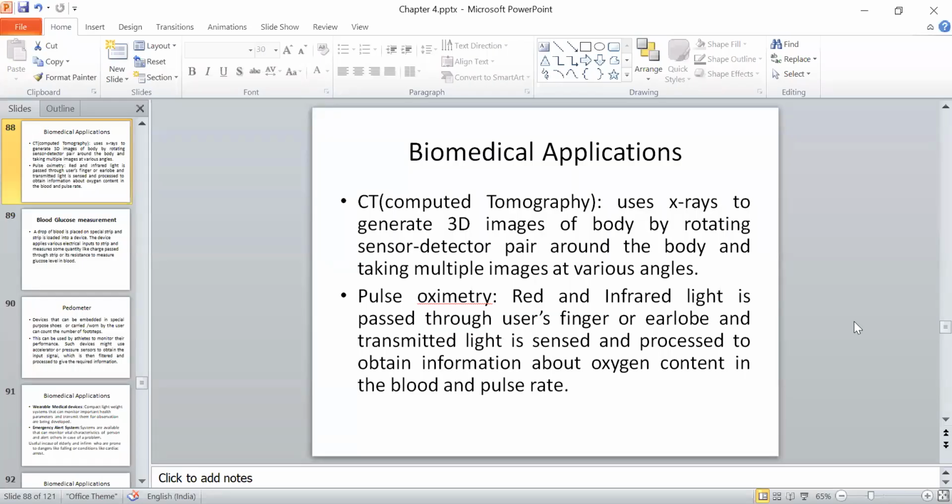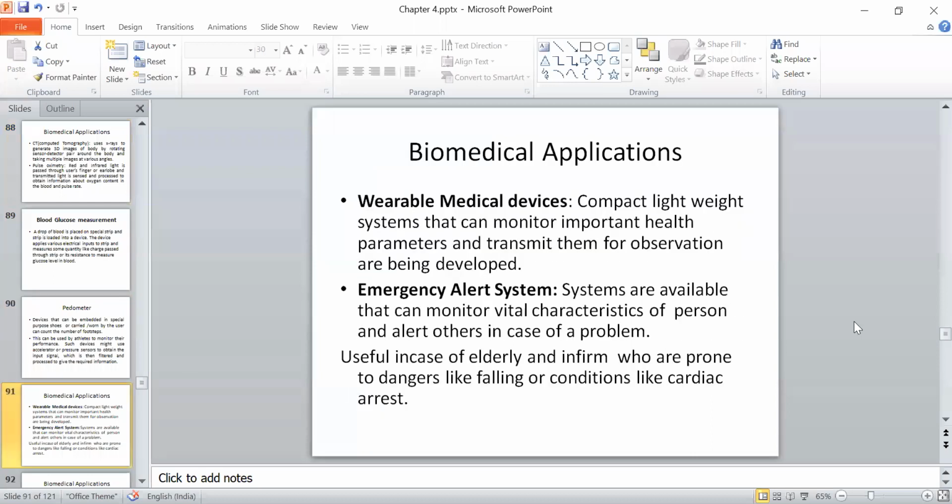Like हम pulse oximeter क्यों use करते हैं? We use the pulse oximeter for finding the oxygen level in the body. And how do we do that? We pass a pulse from the finger or the earlobe, and based on when you pass it, you can say, जब आप उसको पास कर रहे होते हो तो कितनी ट्रांसपेरेंसी आप अचीव कर पा रहे हो, उसके बेसिस पे हम फाइंड आउट करते हैं कि ऑक्सीजन कंटेंट कितना है या पल्स रेट कितना है. ठीक है, तो इतनी सी इसकी वर्किंग है और इतना ही इसका यूज है. So I am not going to read out this thing, just give a reading to all the biomedical applications.